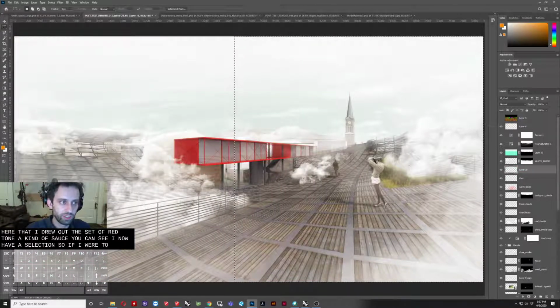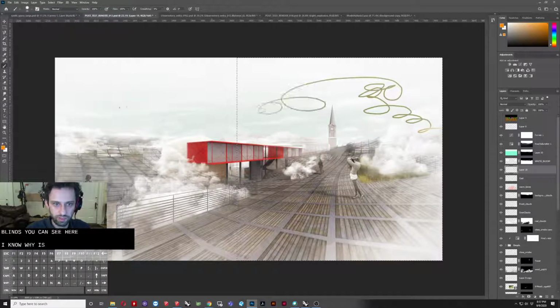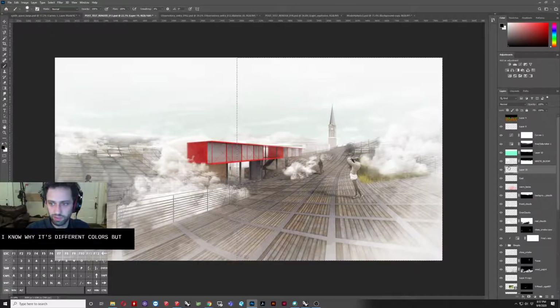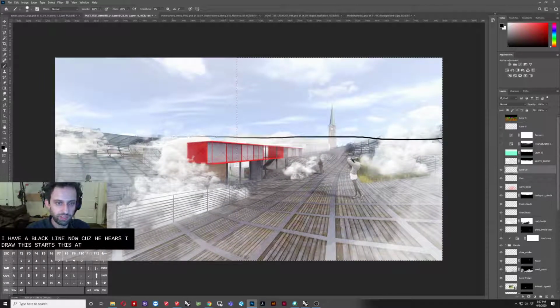So if I were to start, say, painting, I want to paint a fully orange line. So you can see here, I don't know why it's different colors, but oh, it's because of those things above it. So I have a black line now. You can see here as I draw this, it starts to disappear. And that's because my